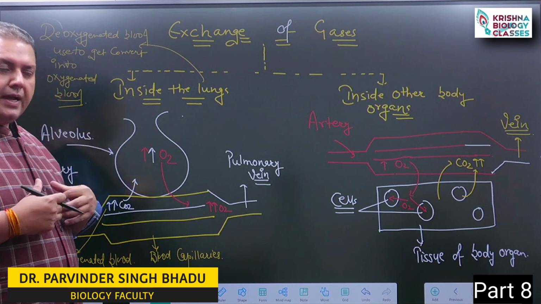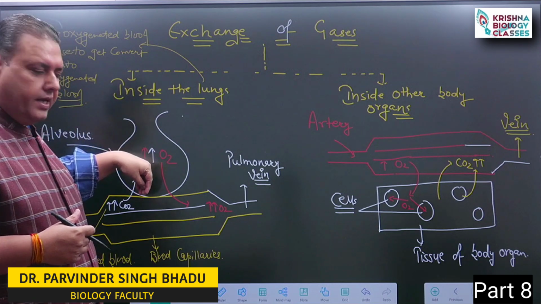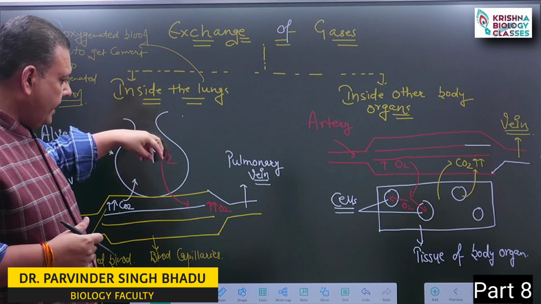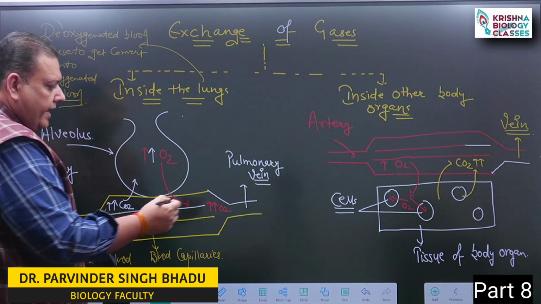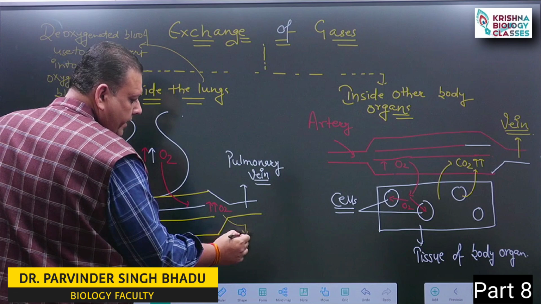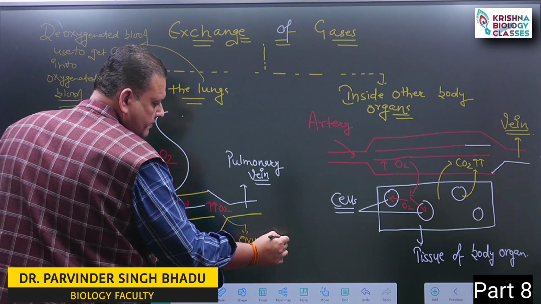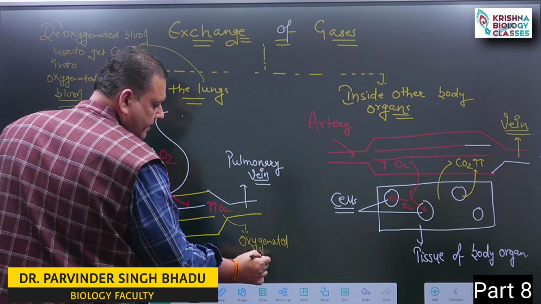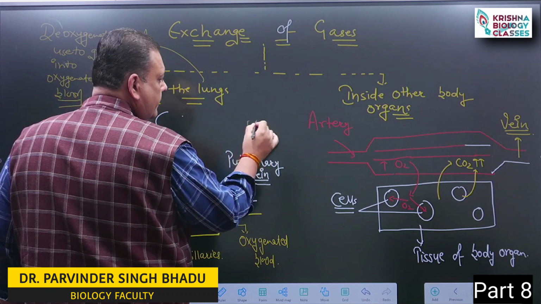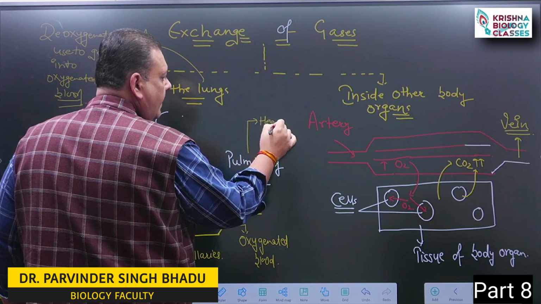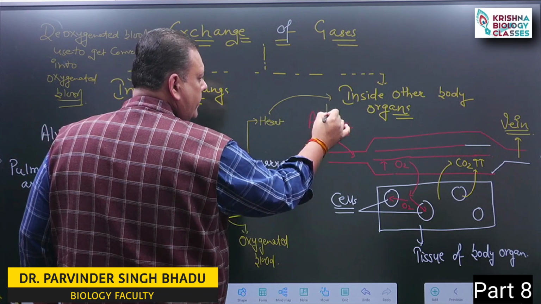When we inspire, oxygen enters the alveoli of our lungs, and from the alveoli oxygen starts to enter the blood capillaries. As a result, this blood becomes oxygenated. Now the pulmonary vein carries this oxygenated blood towards the heart, and the heart transfers it towards the body organs with the